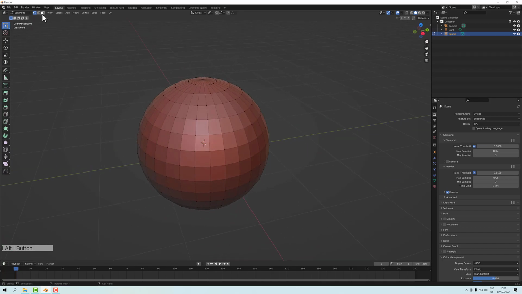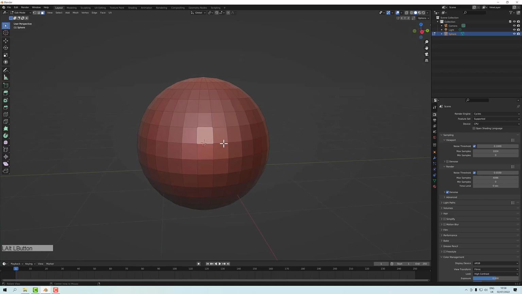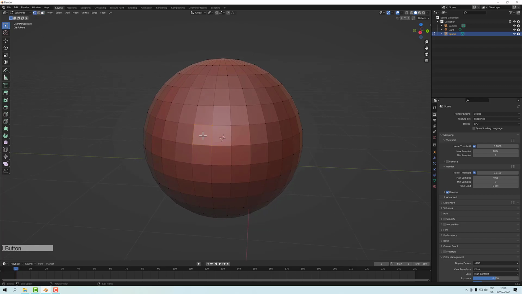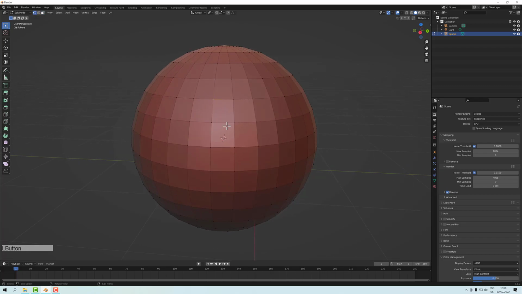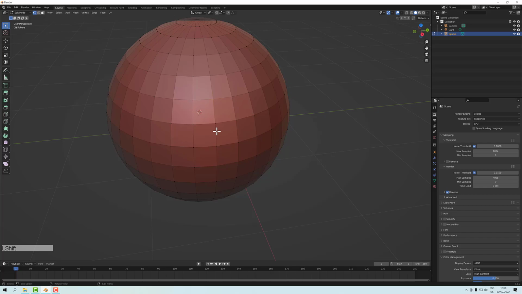And then I can change the element I'm selecting up here. So I've got vertex, edge and face, and I can cycle between those by pressing the 1, 2 or 3 key on the main keyboard. The 1, 2 and 3 keys on the numpad do different things. They're for cameras. Okay, so if I select vertex here and select a single vertex,